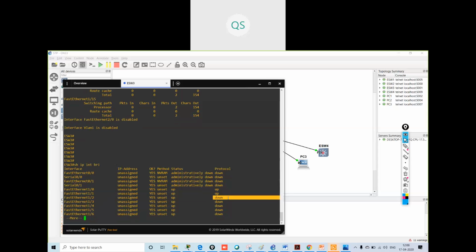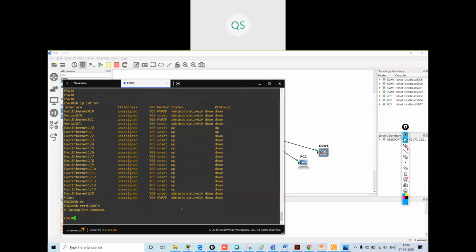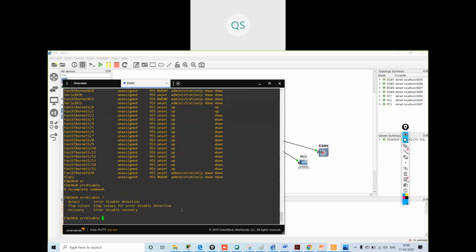See, it is down over here. How to check the errdisable command? Show errdisable recovery.